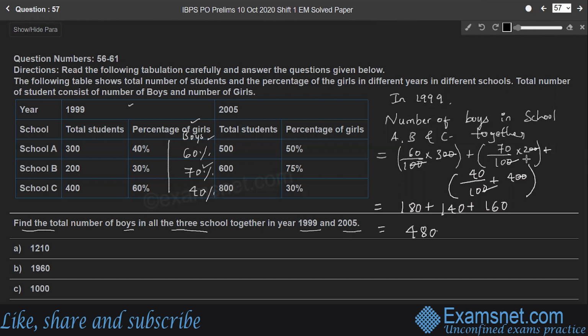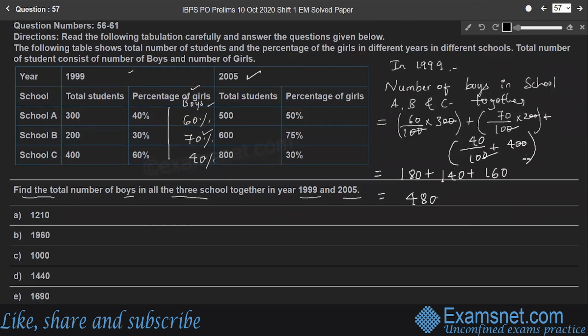480 is the number of boys in 1999. Similarly, number of boys in 2005. So depending upon the percentage of girls, percentage of boys is 50% in school A. In school B, percentage of boys is 25%. In school C, percentage of boys is 70%. Therefore, in 2005, total number of boys